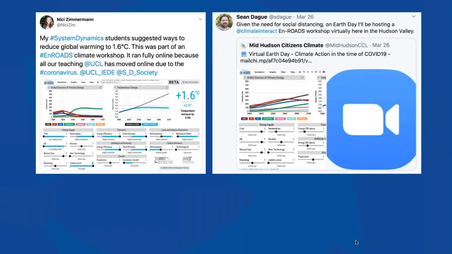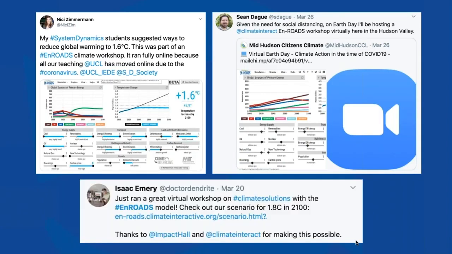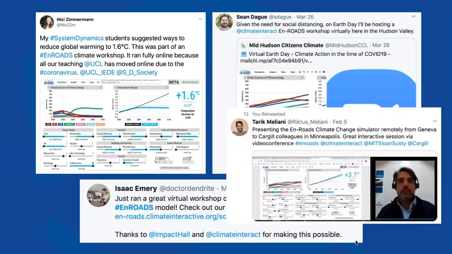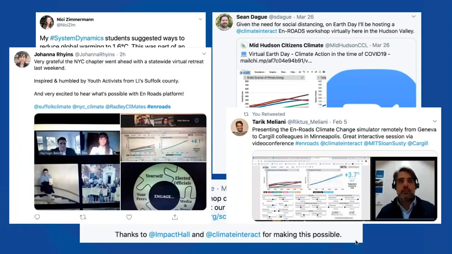In this case, Citizen Climate Lobby, an NGO, a non-profit organization that is engaging political leadership to enact a carbon price. So this is an example of engaging people with this sort of tool. Isaac Emery and others. Here is Tariq Meliani, who is with Cargill. So this is a business application. He actually presented to the CEO of Cargill about agricultural emissions and how that fits into actions that will address